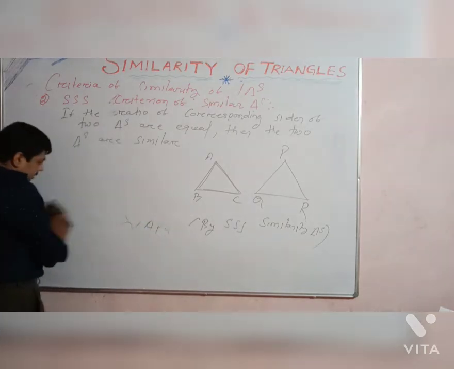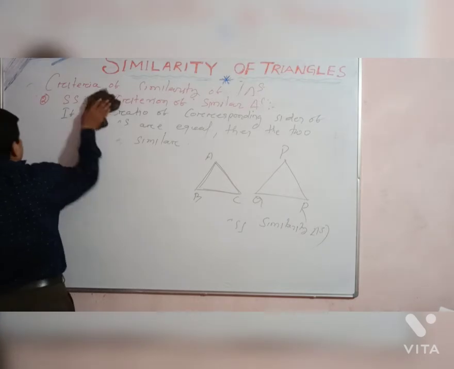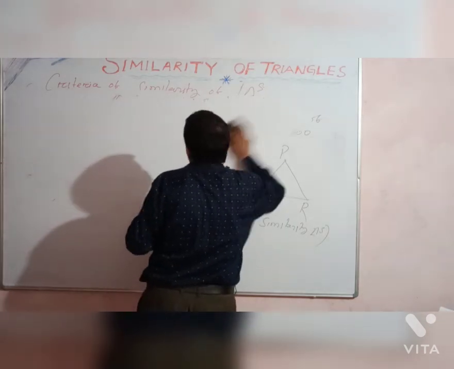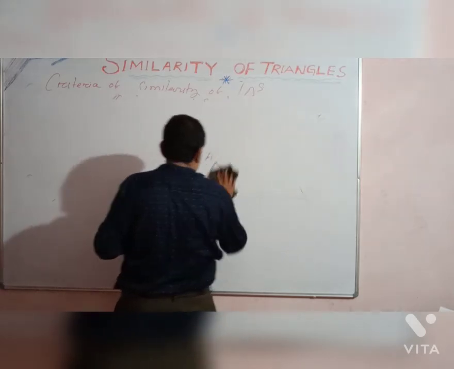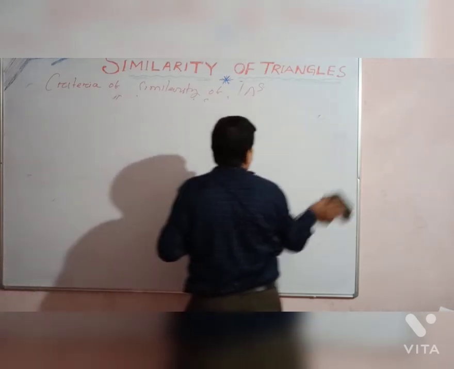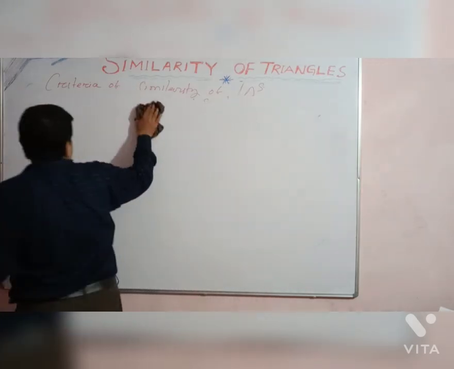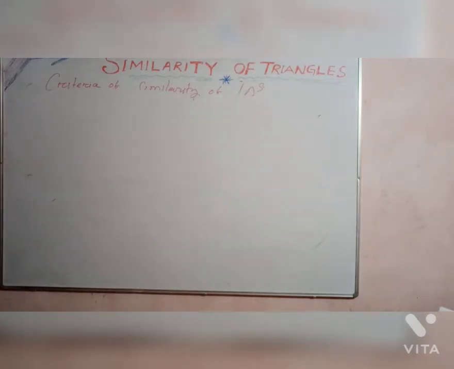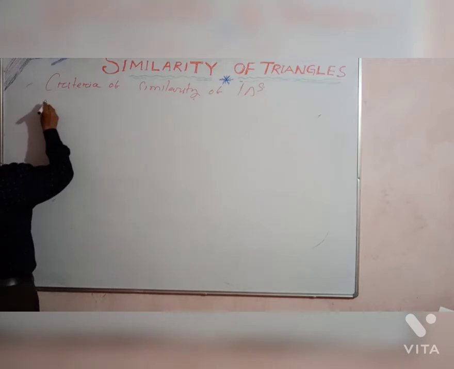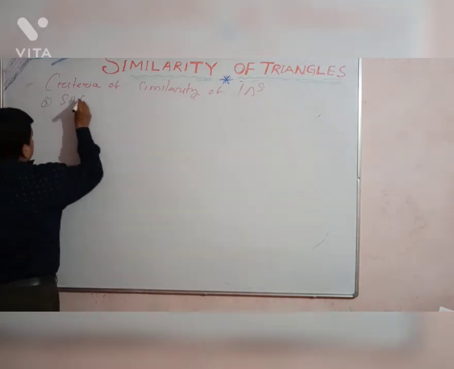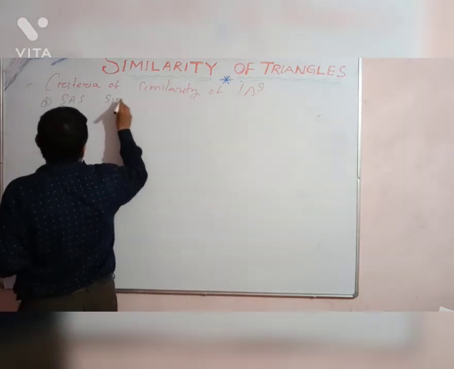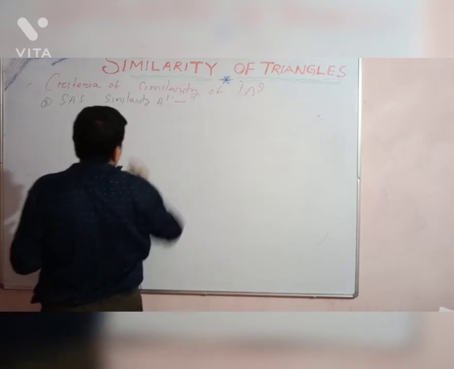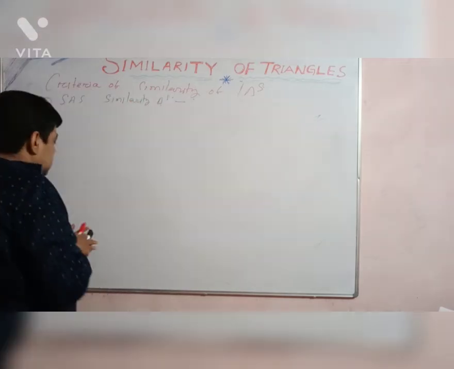So these are the basic concepts of similar triangles we are discussing, and we will discuss each and every bit regarding how to prove the different statements of similar triangles, and how to prove the SSS side criteria. Another criterion, the third point, is known as side angle side similarity of triangles. Understand? Let us see.